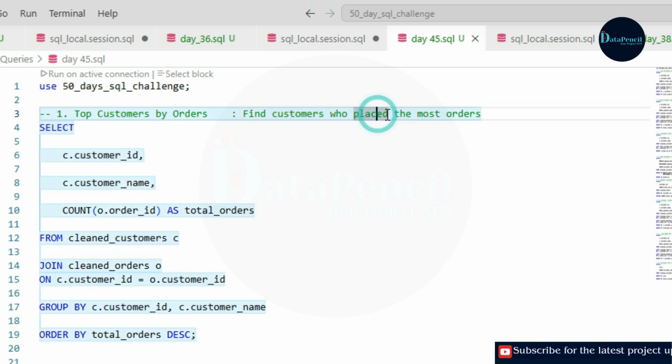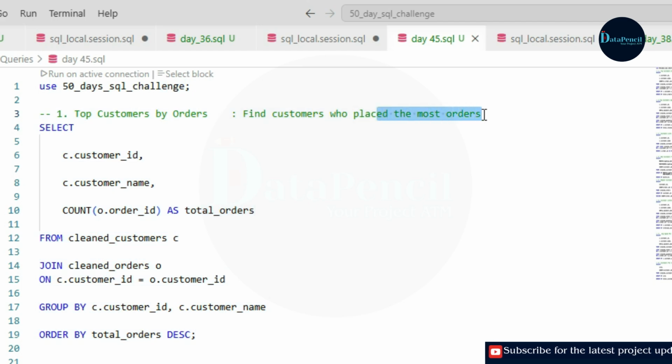To get the number of orders for a particular customer, we first need to count the order ID, isn't it? So we will use the count function on order ID, and as it is about the customers, we need to get the customer name who has placed the highest number of orders.